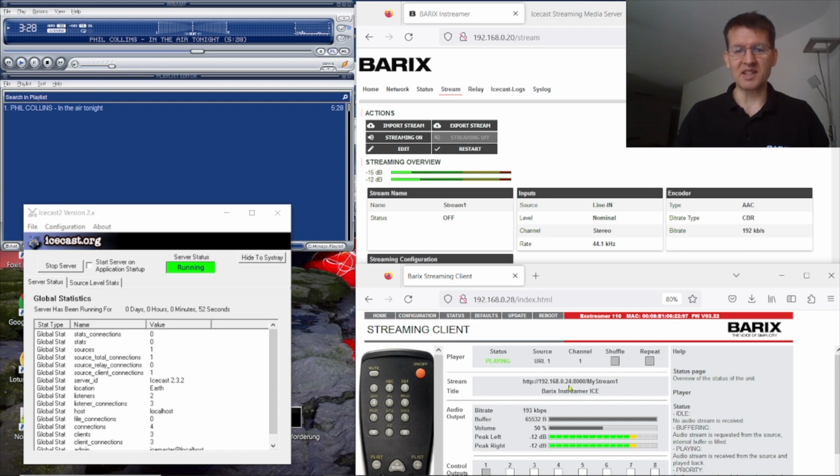Okay, now we see the Xstreamer is pulling the stream from here, and on the clients we see that the external IceCast server is already detecting the Xstreamer as a client.